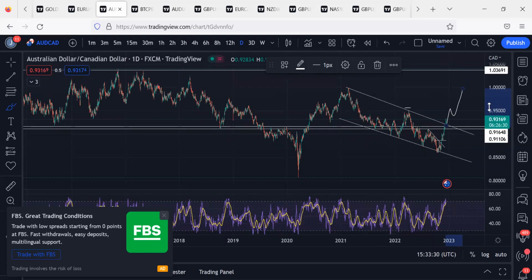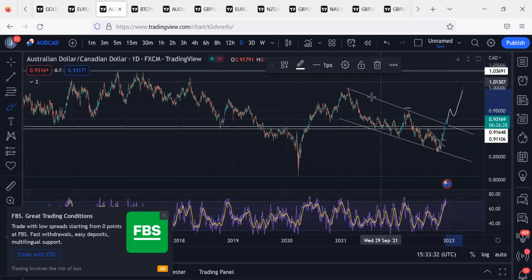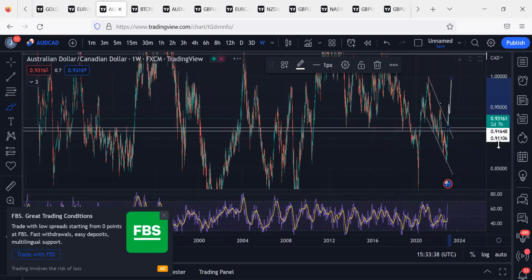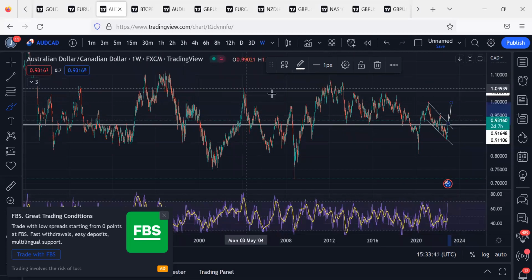Then you take it up to this large area of value. Let me go to the weekly so that you see it. Now map this out. This is our largest area of value on the weekly. Definitely we're coming here, no matter the news that happens in Australian dollars and Canadian dollars. We're definitely coming here. Forget the news that might happen. So imagine now, this is over 1,000 pips.